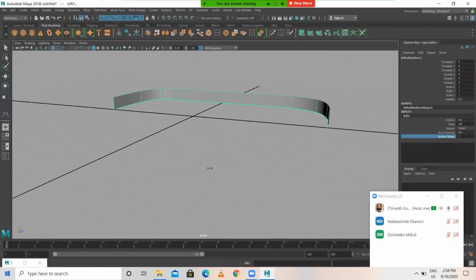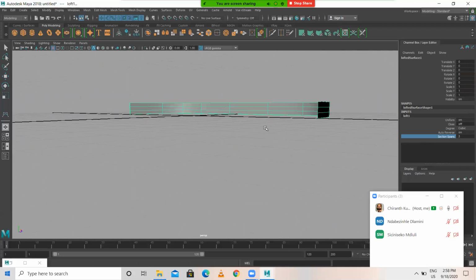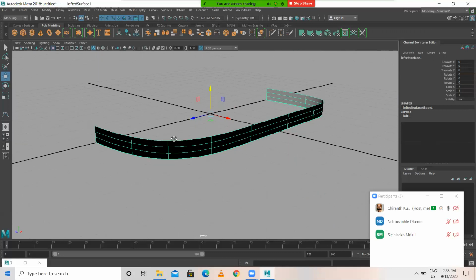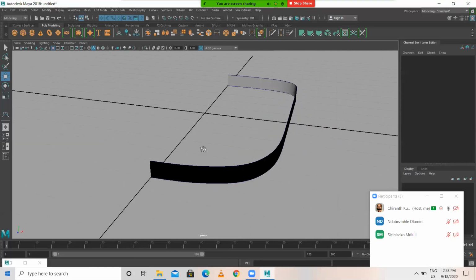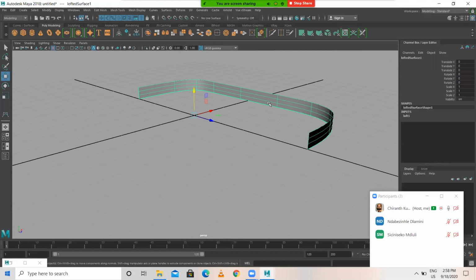Then here section spans is there. I'm just making it something like this, 3. So you can see the model here. The model is there, which here seems black color, but basically it should be reverse. Select the model.